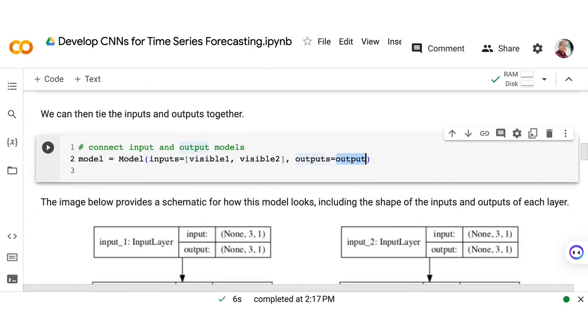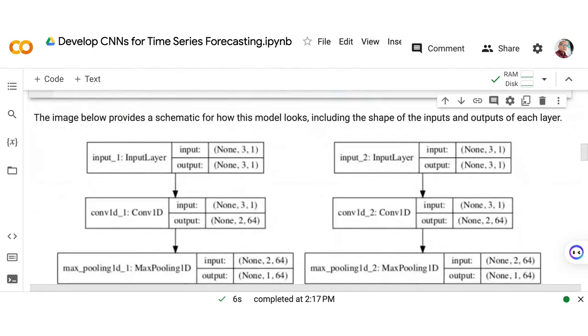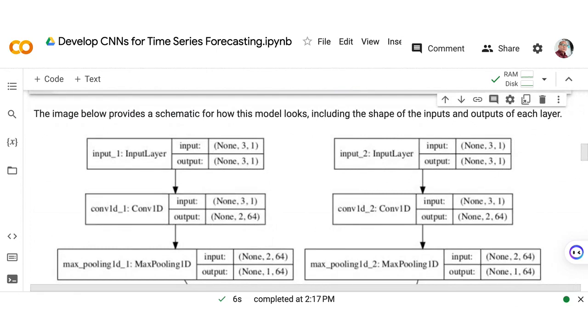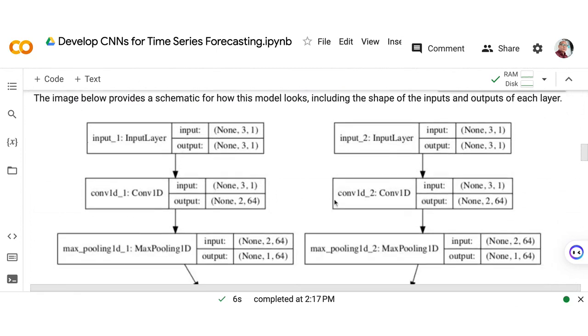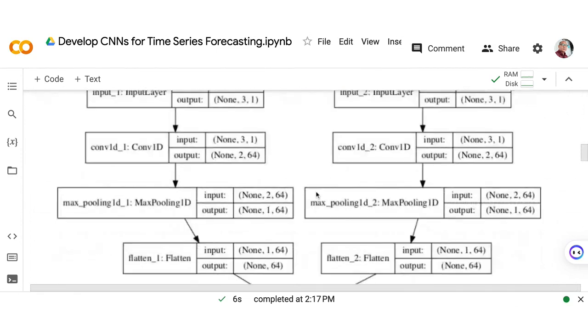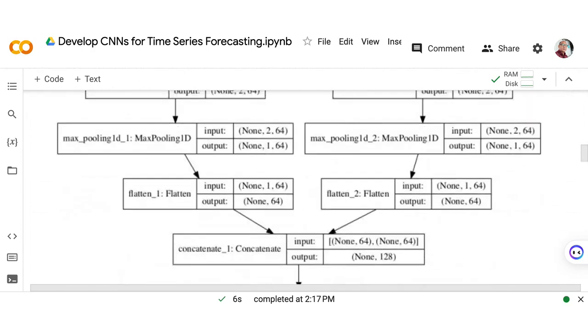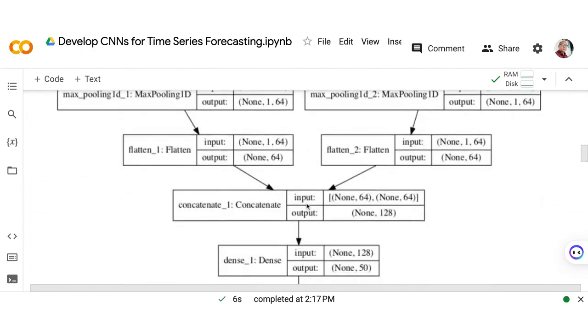Okay? Now, to illustrate the multiple-headed CNN model, we have something like this. No? Meron tayong dalawang input models that we have created. Okay. And then we merged them together here.